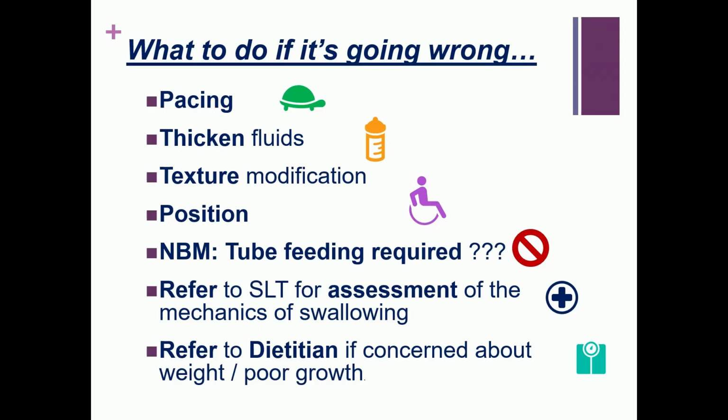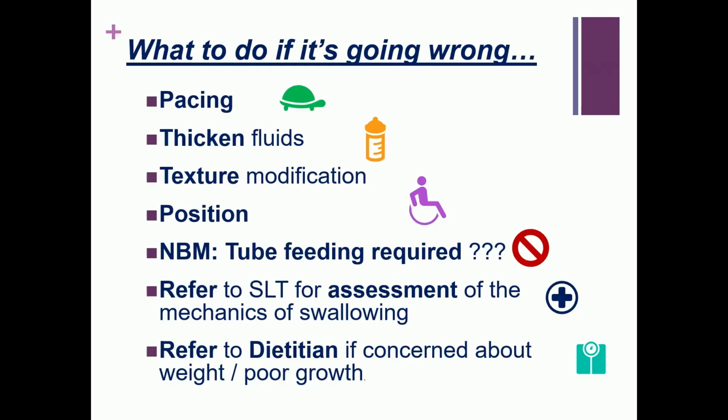If it hasn't, and I saw a gorgeous little one today actually, who also happened to have Down syndrome, and his high chair was a bit too big. So we just rolled up some towels and wedged him in, because we want them to not have to think about supporting themselves in a high chair. We want them to feel supported and wedged in, preferably with a footrest, because again, that helps them to feel a bit more stable.